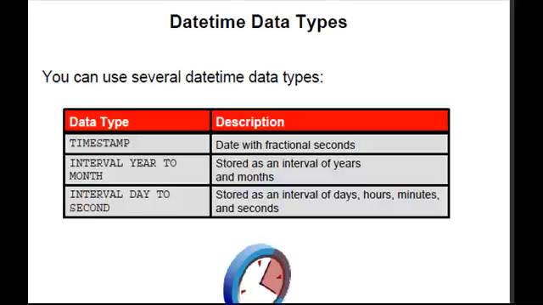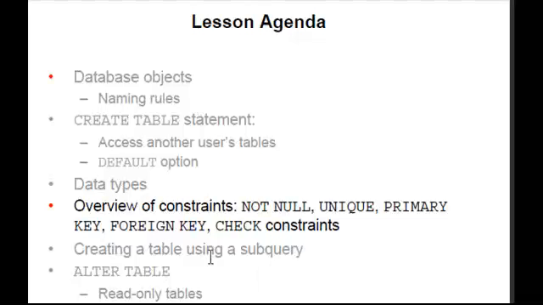Another data type we have is the date time data type. In the old format we only had the DATE data type, but since Oracle version 9 it changed to 3 more data types. One of them is TIMESTAMP, one is INTERVAL YEAR TO MONTH, and one is INTERVAL DAY TO SECOND. These are 3 more data types that we're going to talk about in much more detail later. The next topic we're going to talk about is constraints: an overview of constraints, NULL, UNIQUE, PRIMARY KEY,